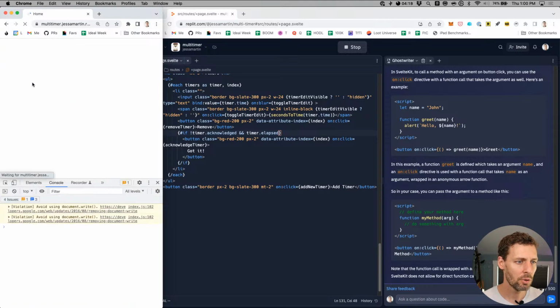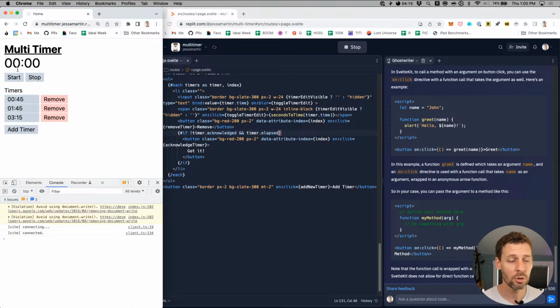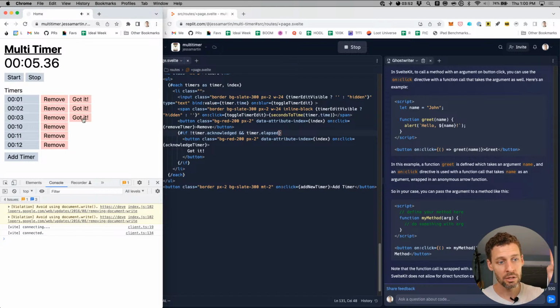Let's try one more case real quick, and then we'll be done for this Pomodoro. Take a 5-minute break. We'll do 1, 2, 3, and then we'll add a timer that goes off at 10, 11, 12. And now what I'm going to do is acknowledge in the middle, and then it should re-trigger the sound in a second. So here we go. Got it. All right, now I'm going to acknowledge this one. Click, all of those clear. The sound stops playing, and then we should see it again. Got it.